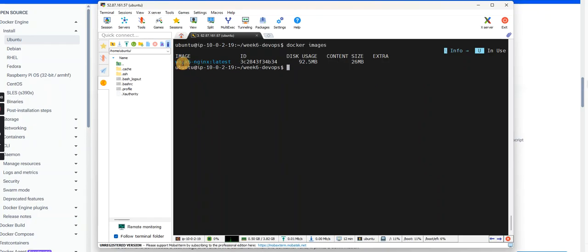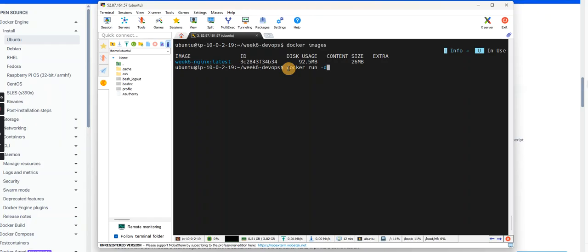Right, so there we go. We tagged it, which is the -t, so the name is over here, and then we have the latest tag, the image ID is right here, and the size. And this is the reason why a lot of people use Docker, because it's going to give you a smaller size. So over here, I'm going to run docker run